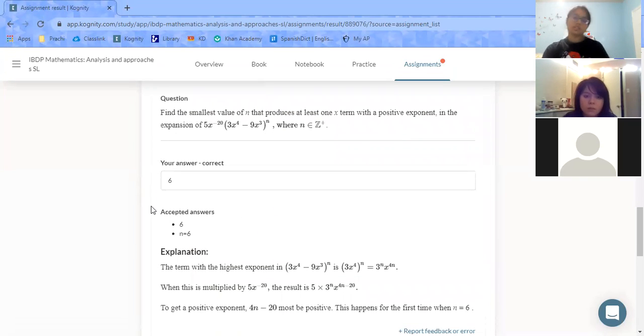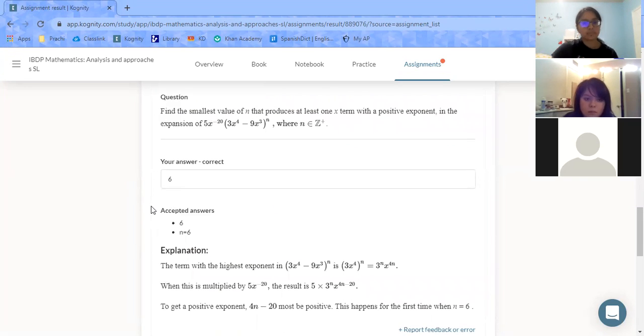Okay. So question 2 says, find the smallest value of n that produces at least one x term with a positive exponent in the expansion of 5x to the power of negative 20 times (3x to the power of 4 minus 9x cubed) to the power of n. So, okay,